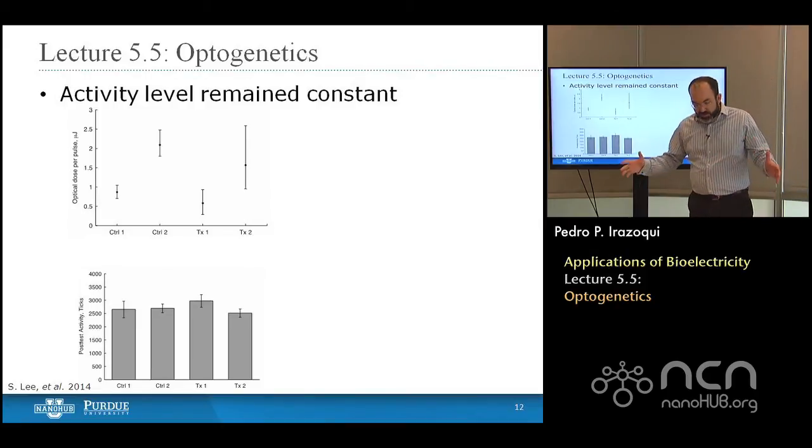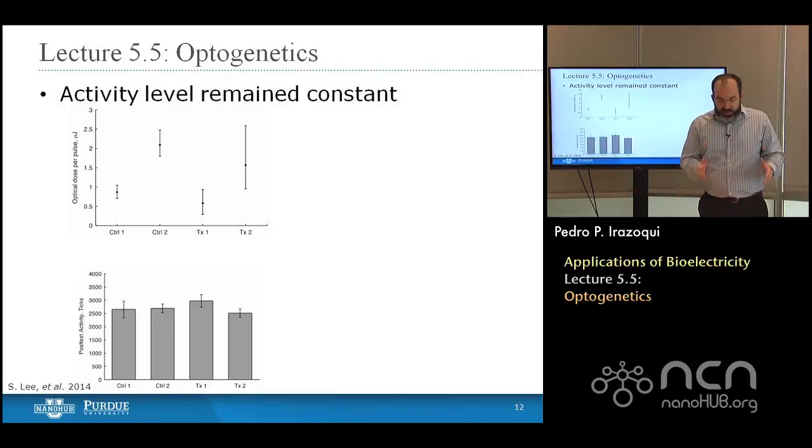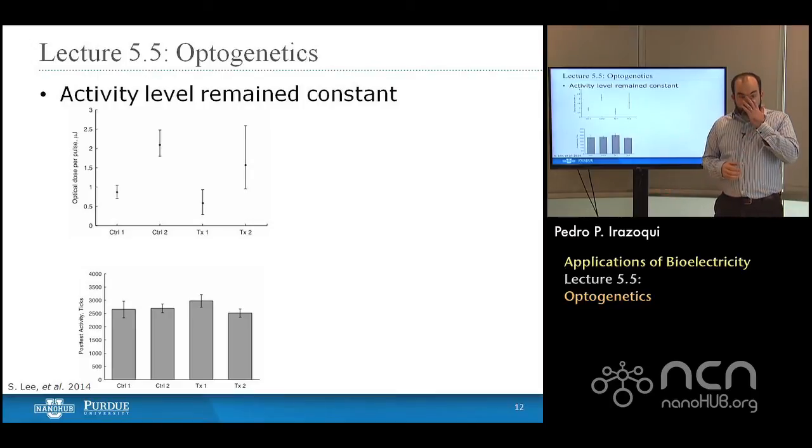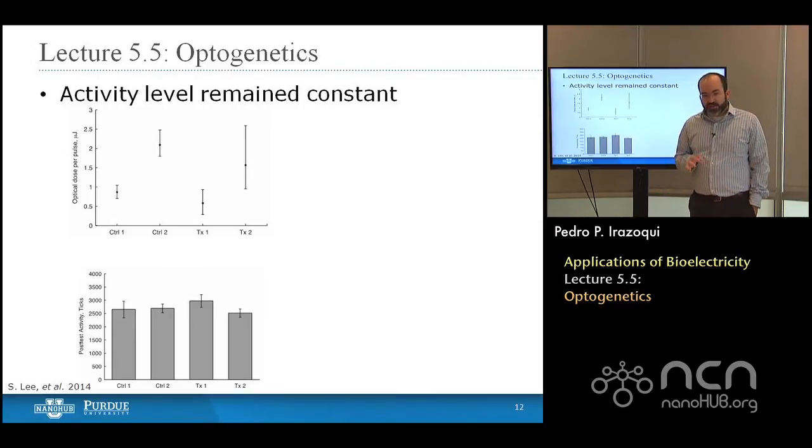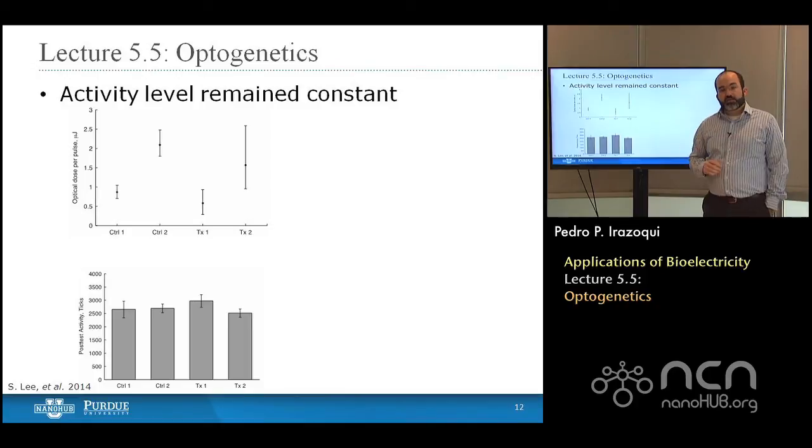So you take a box which has a white region and a black or dark region in it, and you put the animals in it, and mice will preferentially go to the dark region. They prefer the dark to the light. And so you have some distribution of the time that they spend between these two regions. And then what you can do is you can say, you know what, I want you to like the light region better than the dark region.